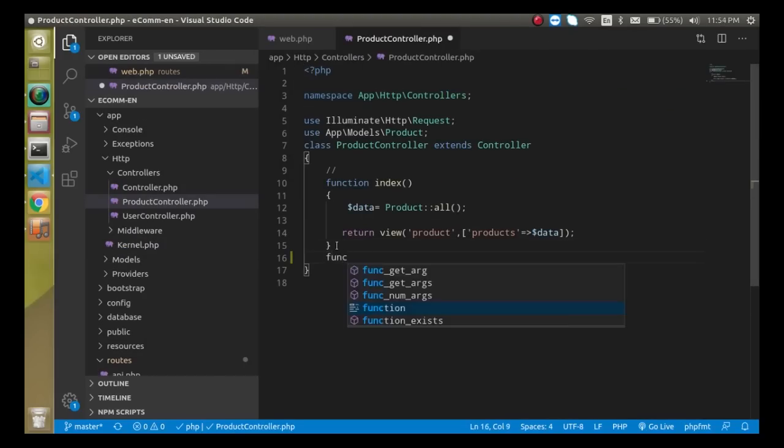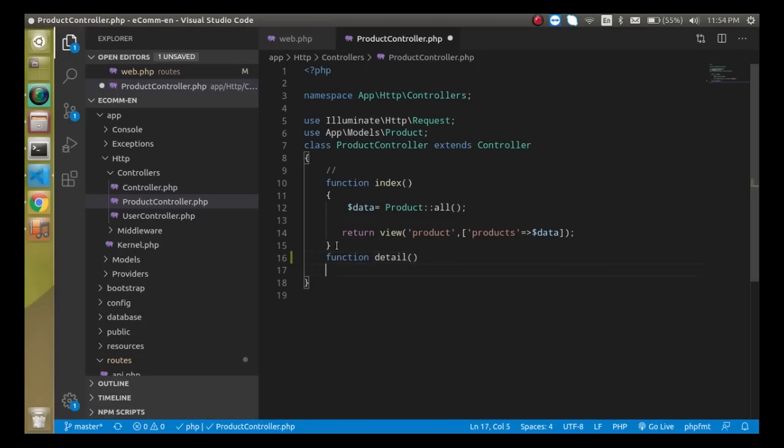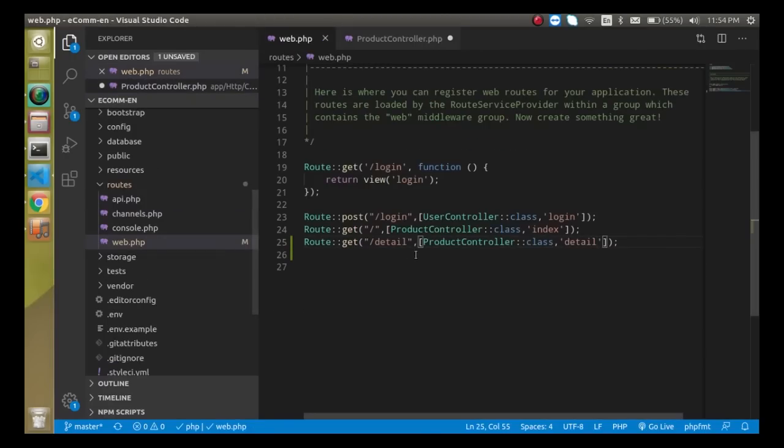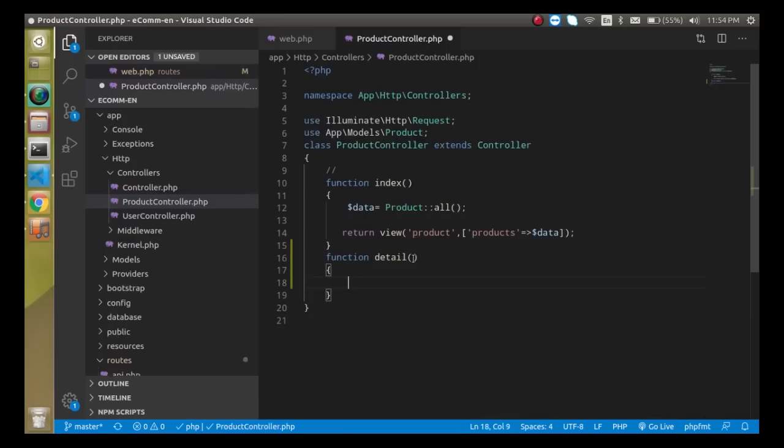So just write here detail, and how we will get the detail of every product on behalf of id. So let's pass an id from here, like id, we don't need the first slash, and let's get this id as a parameter. And now, for a moment, so that we can check what we are actually getting from